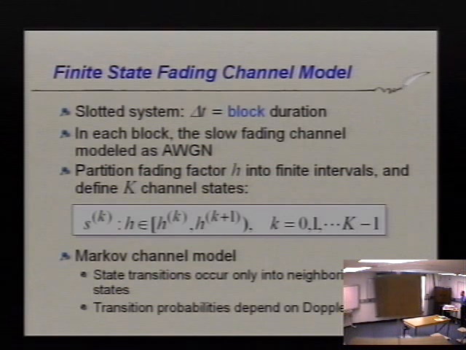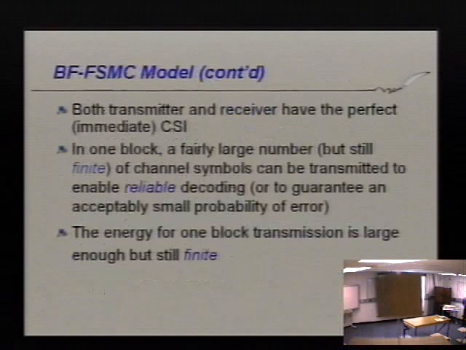Blocks, slot, and the transition probabilities depend on the Doppler frequency. And to discuss the capacity of the channel, we have to give more assumptions here. In this problem, we assume both the transmitter and the receiver have the perfect instantaneous channel state information. And in the typical block fading channel model,